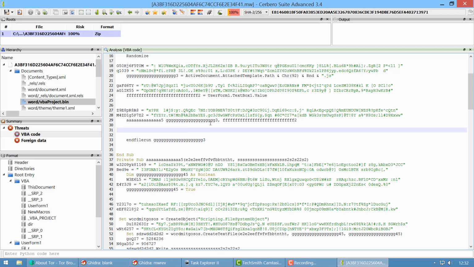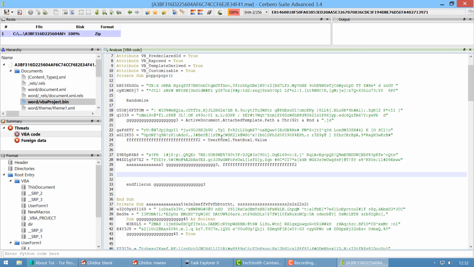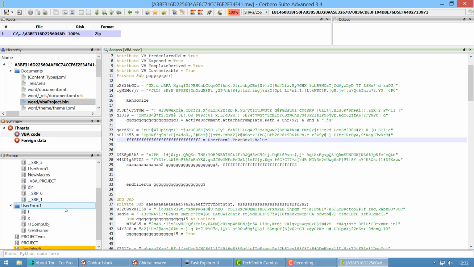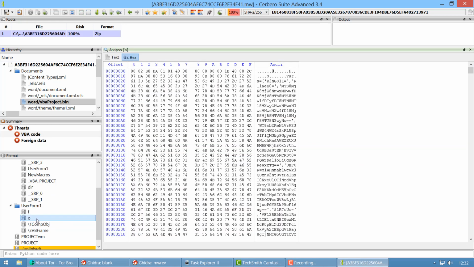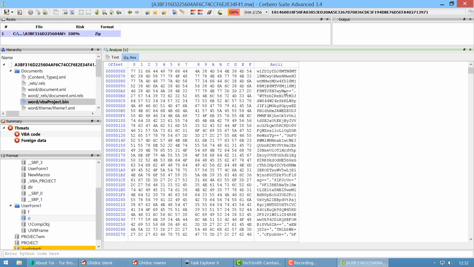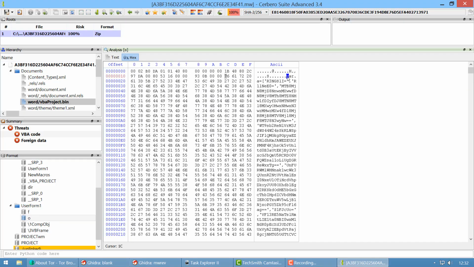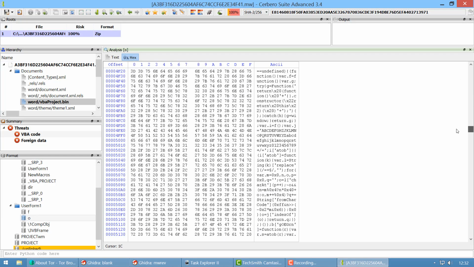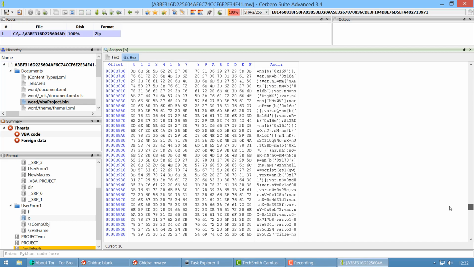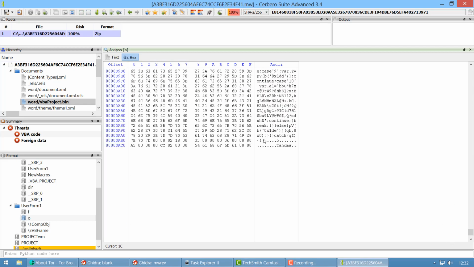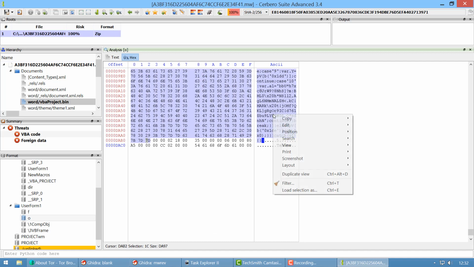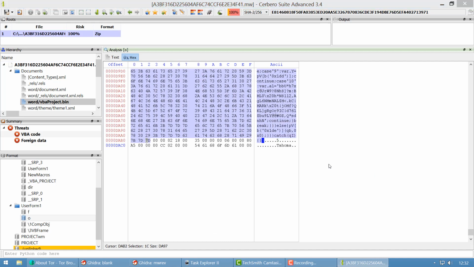So what we need basically to understand what it writes to disk is the content of this text box, and this is actually contained in the VBA project itself. So if we go to the user form, it's actually in this data blob, and we can see this is the JavaScript. So let me select the JavaScript and I'll dump it to disk. It goes till the end basically. So if I copy it to disk,